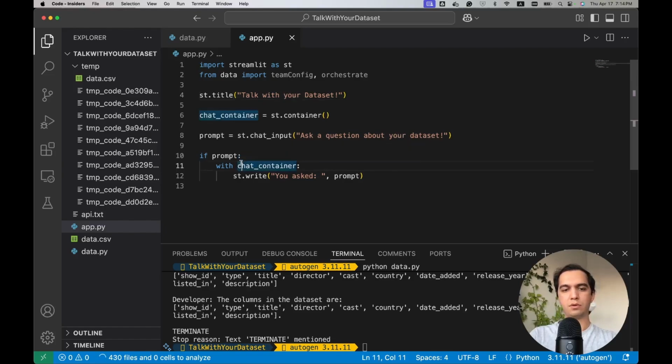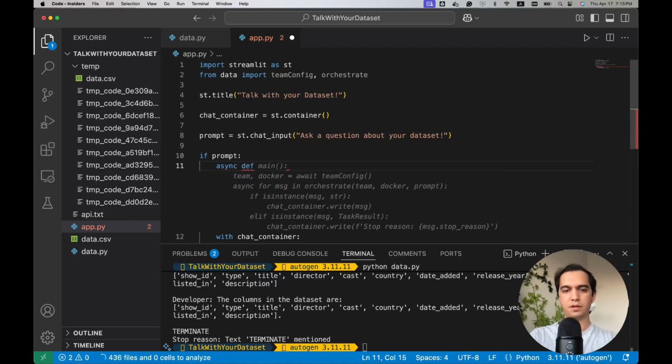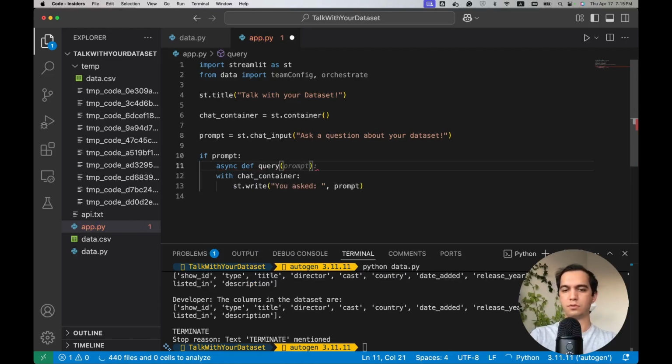Okay, so once I have a prompt, I would like to create the team and Docker object and then orchestrate the agents. I will define a coroutine here, async def, let's say query or whatever name,